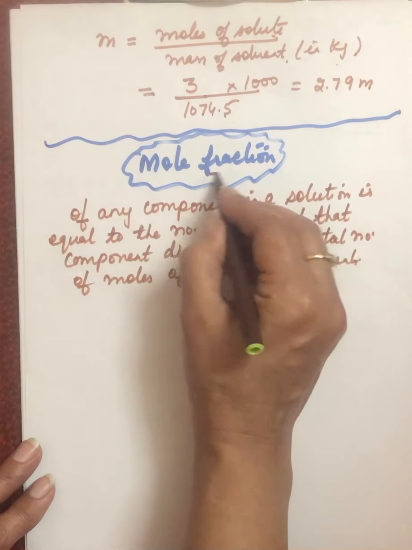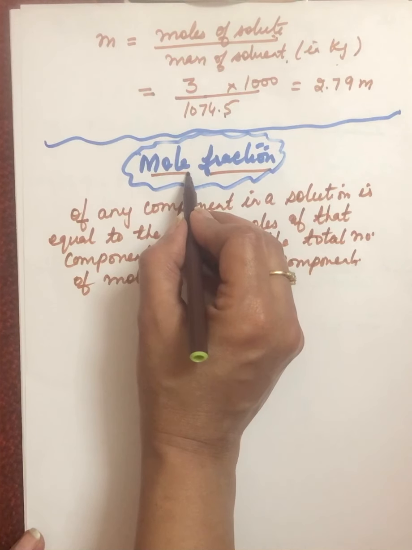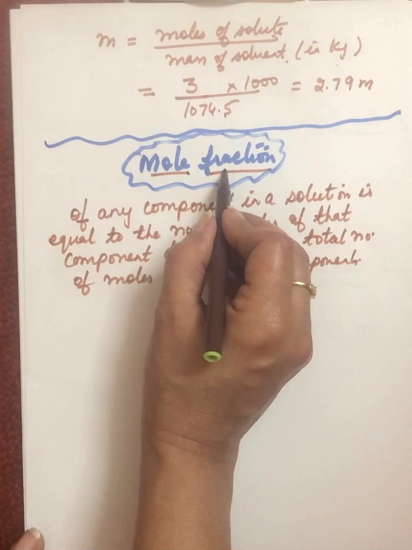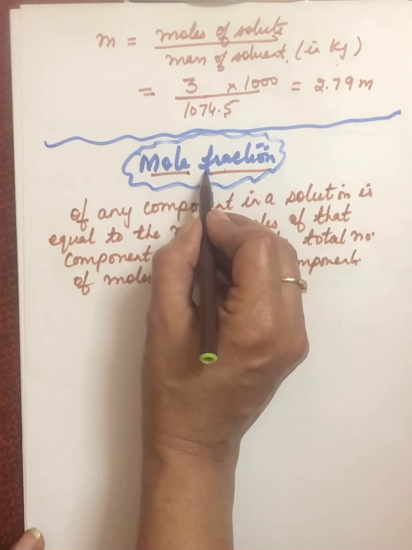We have to take the fraction, but fraction of which thing? Moles. So moles of the component whose fraction we have to find out, divided by the sum of the moles